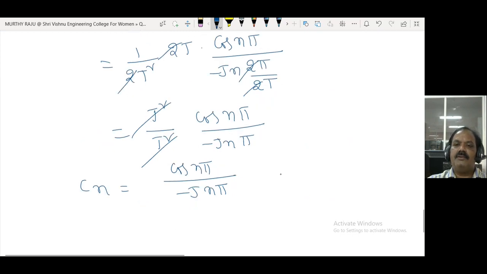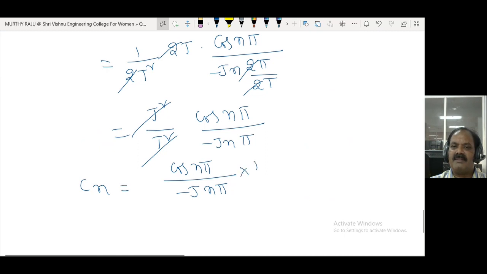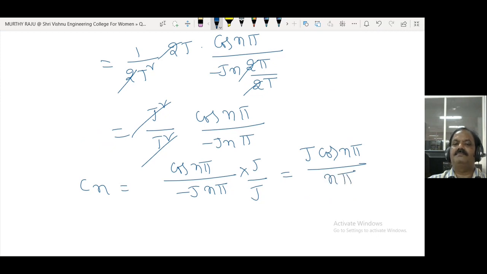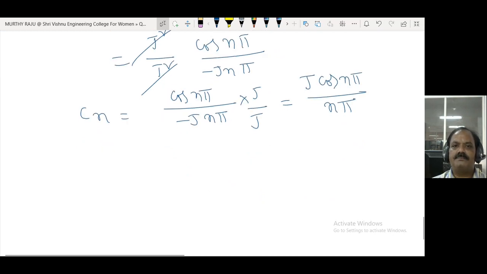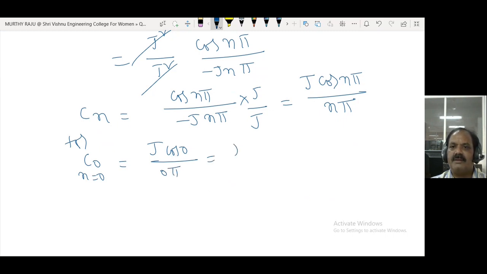Numerator and denominator are multiplied with j, that is equal to j cos n pi, and j square is minus. For n is equal to 0, C naught is equal to j cos 0 by 0 pi, 0 into pi, cos 0 is 1, that means infinity. That is the reason we go for